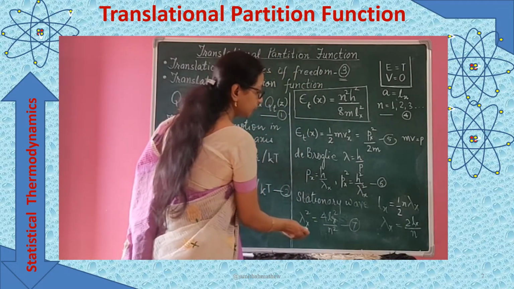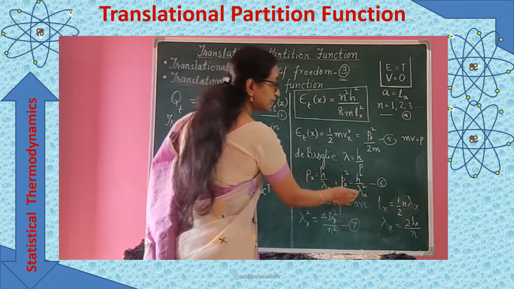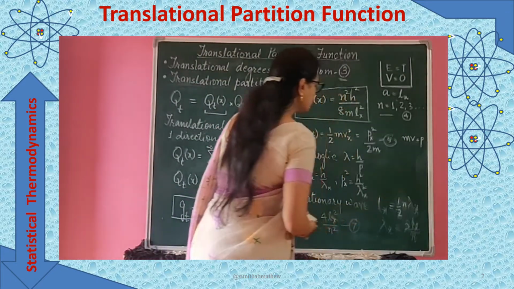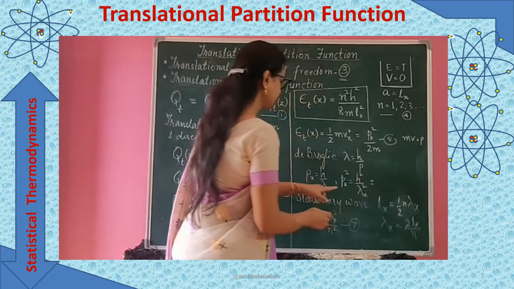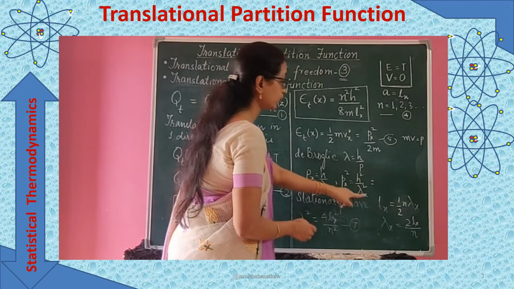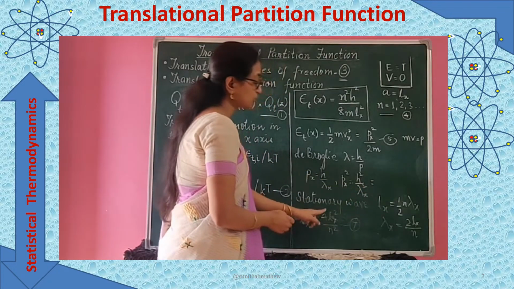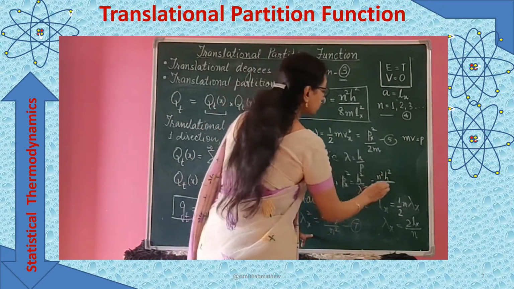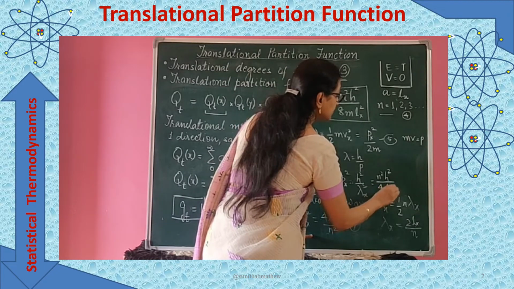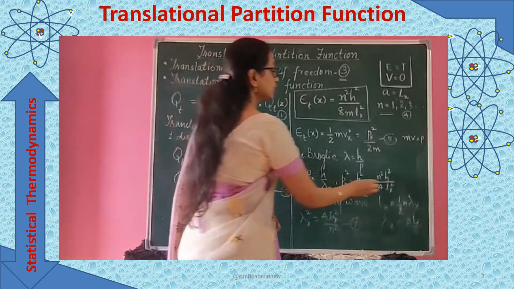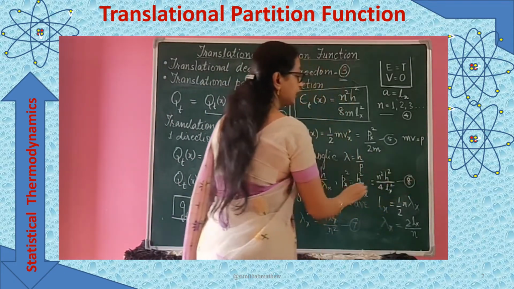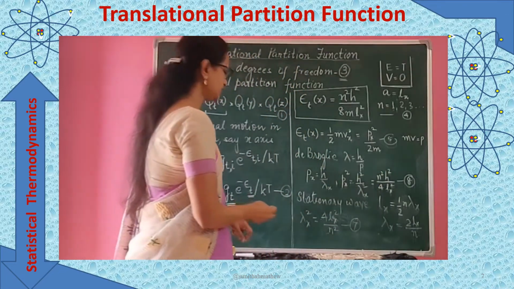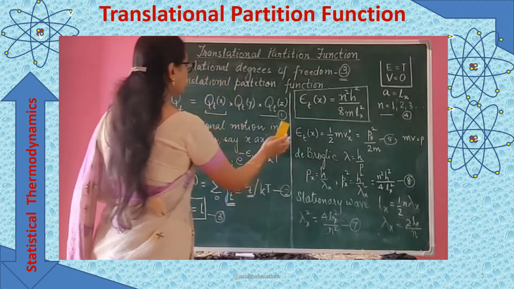Now we will substitute equation 7 in 6 and we can get the value of px square. Let's see, if we substitute here, what do we get? px square is equal to h square upon lambda x square. Lambda x square is in denominator, so this will invert and we will have n square h square upon, in denominator we will be having 4 Lx square. Let this be equation number 8. px square is equal to n square h square upon 4 Lx square. We will substitute this value in equation number 5 and we will get,